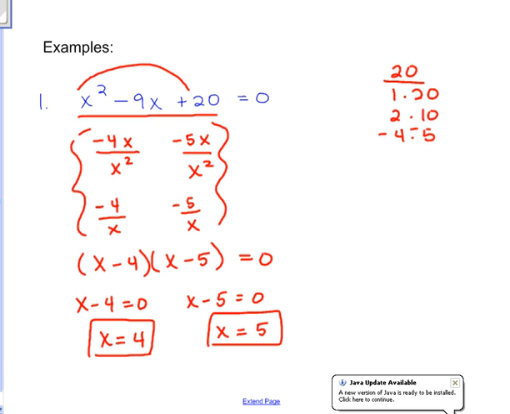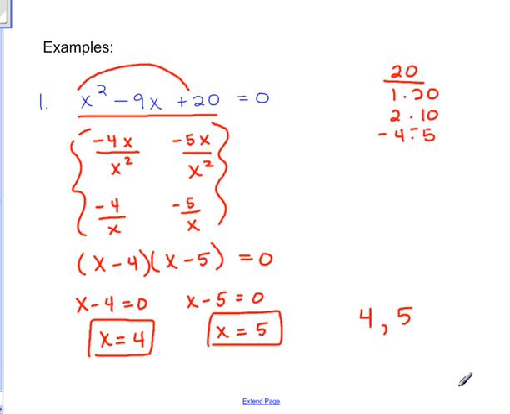On the homework, they're just going to want you to type in these answers. You do not have to type x equals, so you would just type 4, 5, and it doesn't matter the order that you put those in. So both those answers, those numbers, would be solutions. Okay, let's look at